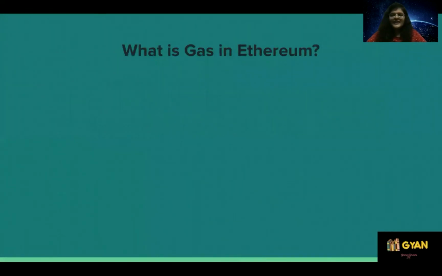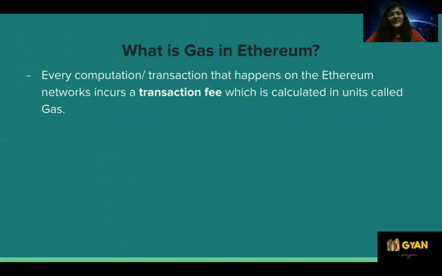Well, now let's explore the mystery of this element called gas. Okay, I will explain about gas from a developer perspective. You can also read up more about why gas price is fluctuating, and what is happening behind the economics of gas price itself, right? But what is gas, right? What is the gas price that you see in every transaction? So every transaction that happens on the Ethereum network